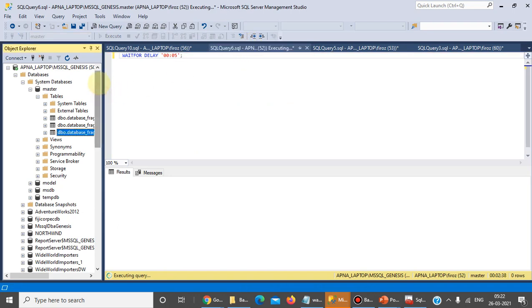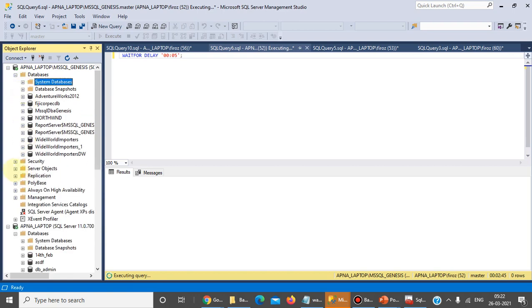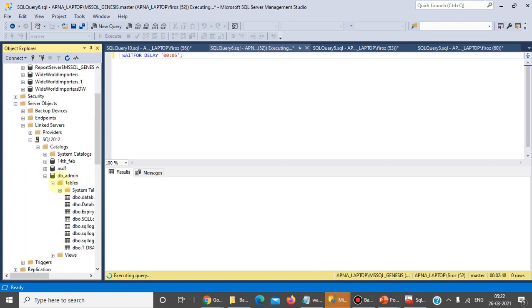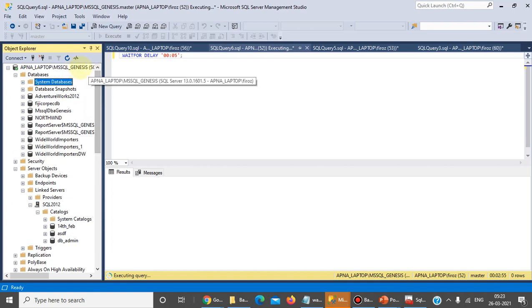Meanwhile, we already created one linked server, SQL 2012. The above instance is SQL 2016. In that we have created one linked server SQL 2012 with the name SQL 2012.